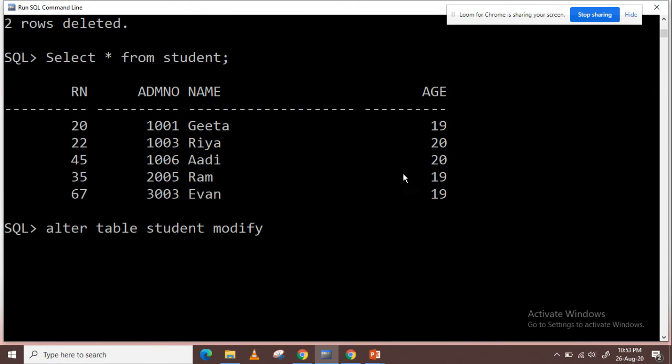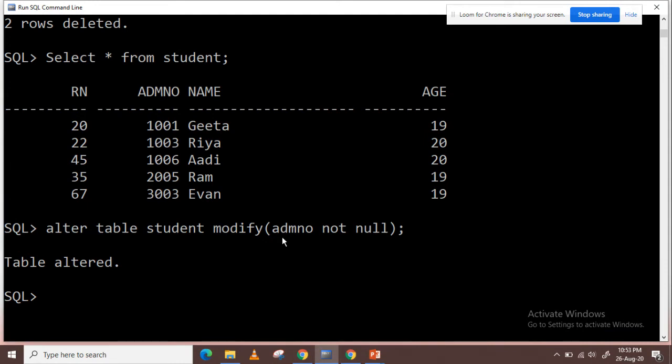For the not null constraint, we need to use modify. So I am altering the table and adding the constraint not null with the modify clause. So alter table student modify. The column we want to modify is admission number, and define it with not null. So we have altered the table.